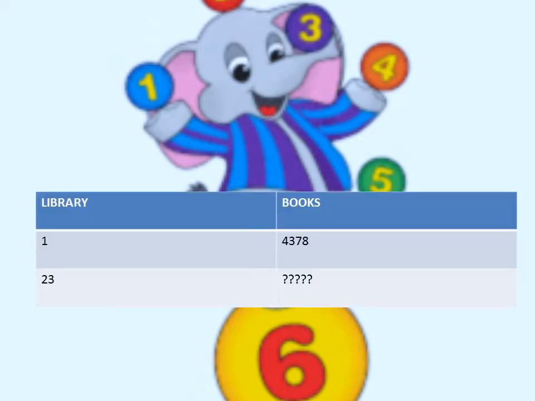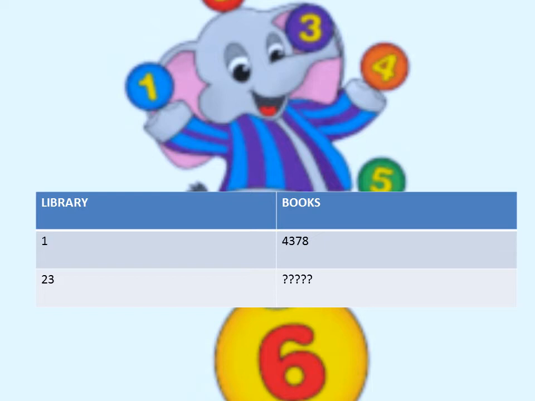So let's now understand the sum, or rather comprehend the sum properly. If we make a table, the items that are given in this particular sum are library and books. And if we jot down the numbers according to the items, one library has 4,378 books.